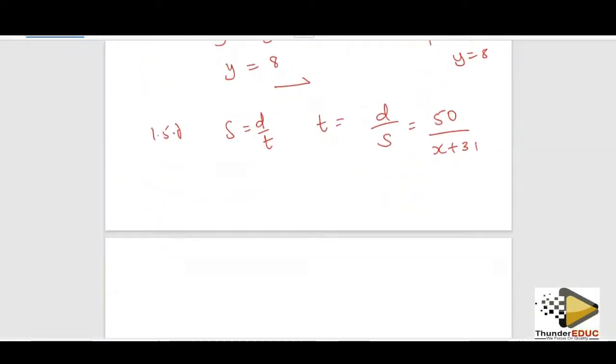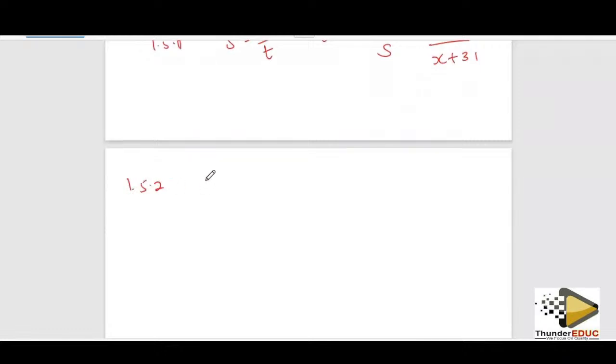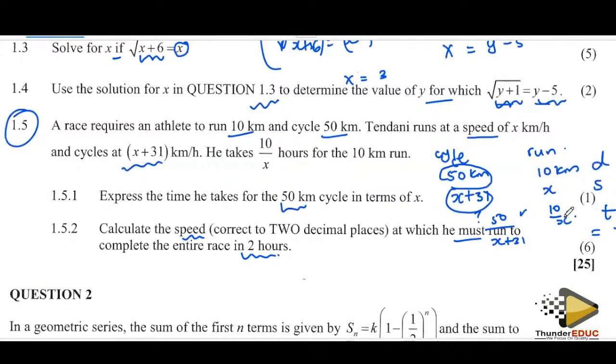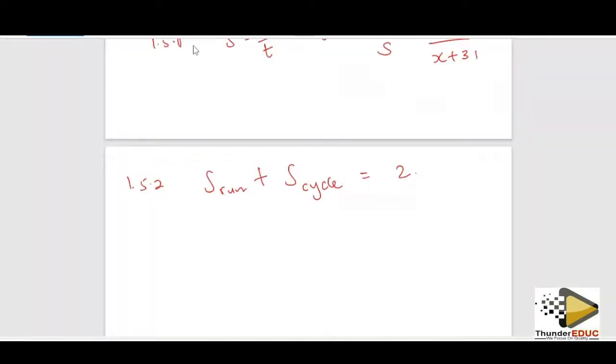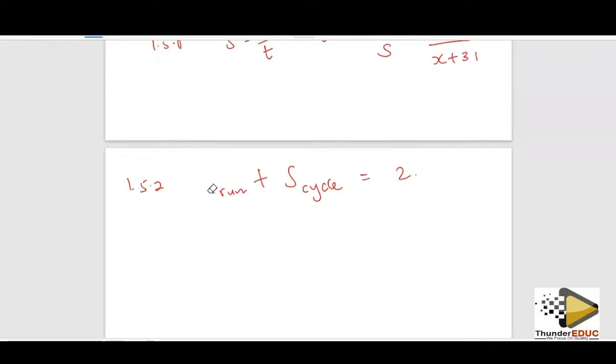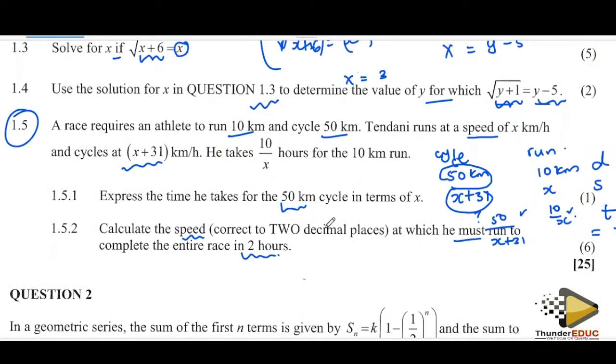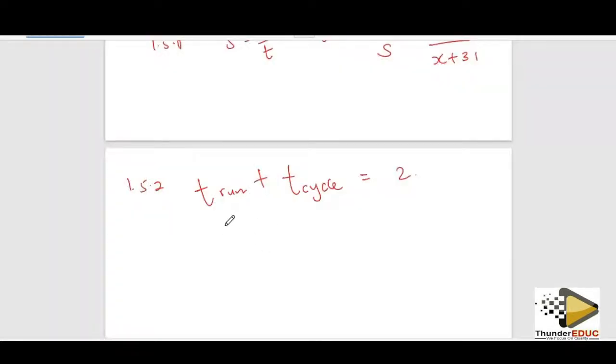So I'm going to say in 1.5.2 that the time for running plus the time for cycling must be equal to 2. Saying the time, sorry, not the speed. So the time for running and the time for cycling must be 2 hours. Okay, they gave us the time for running, which is 10 over x. So 10 over x plus the time we got, which is 50 over x plus 31,